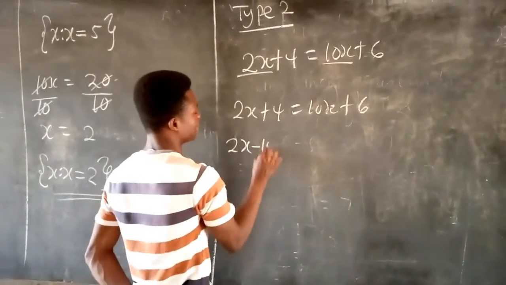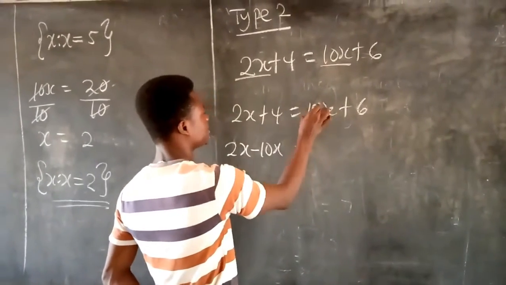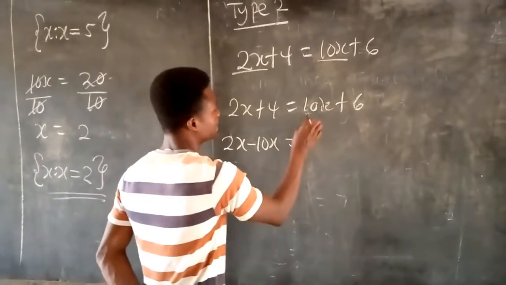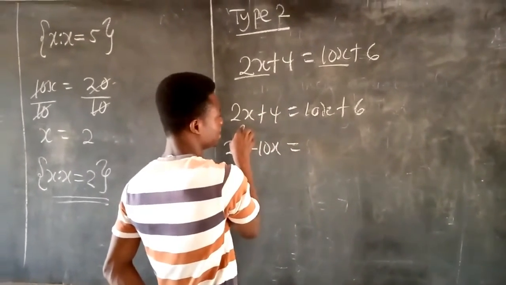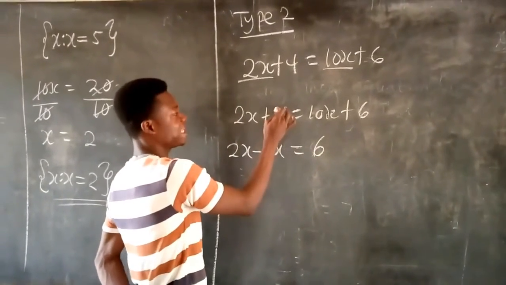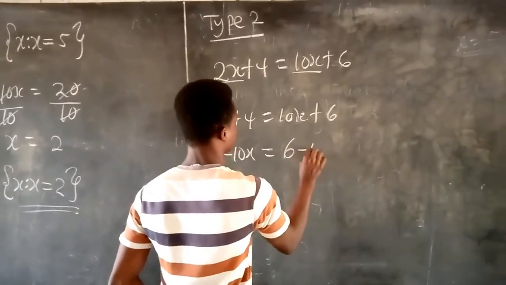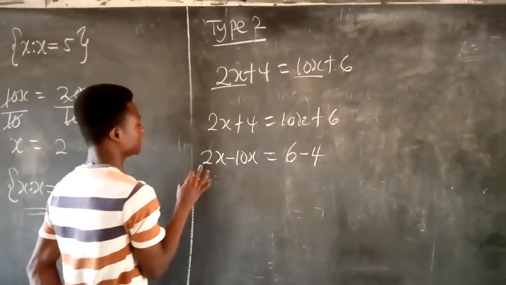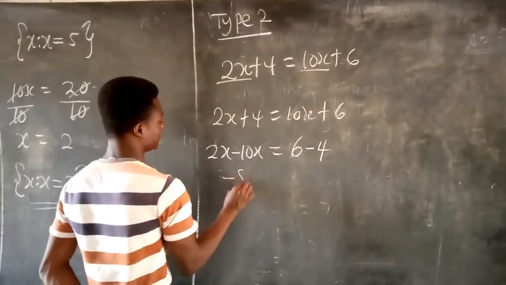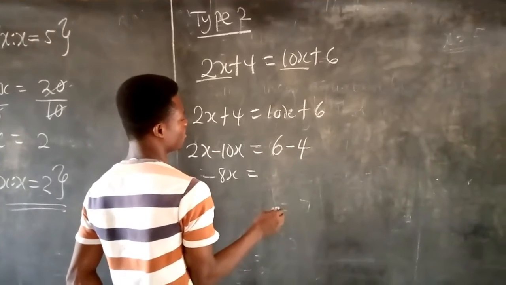So 10 becomes negative 10x because it's positive here, and a positive number crossing the equal sign becomes negative. Equal to, now 10 has crossed to this place, so we are left with only 6 there, write it there. 4 from the left hand side of the equal sign is crossing to the right hand side and becomes negative. So 2x minus 10x will give us negative 8x, which is now equal to 6 minus 4 will give us